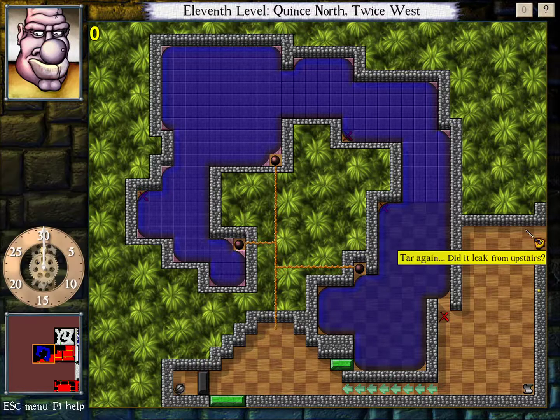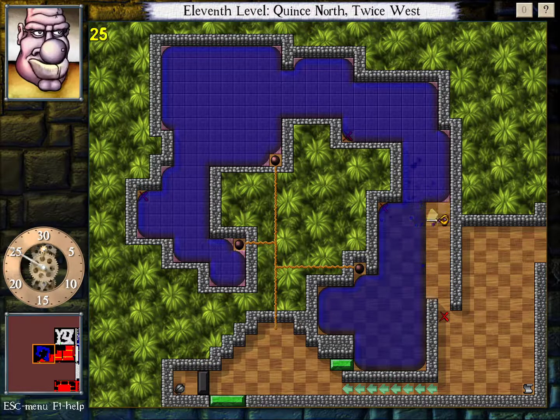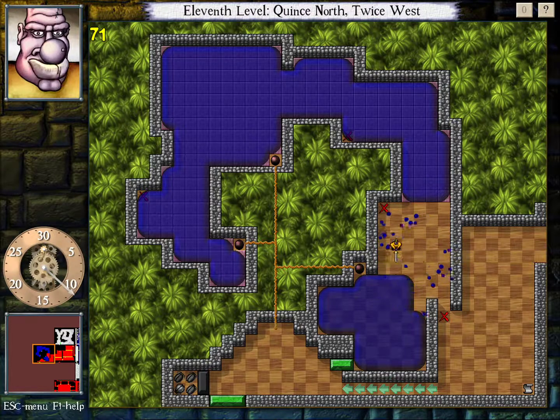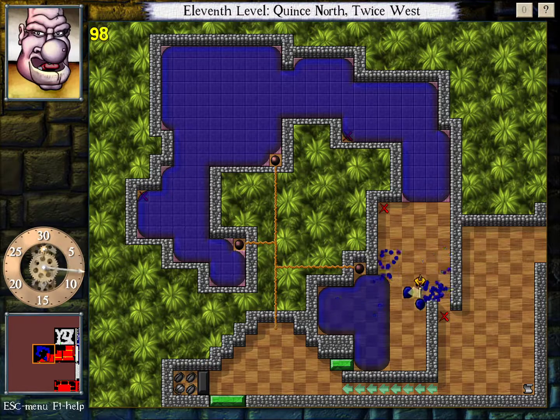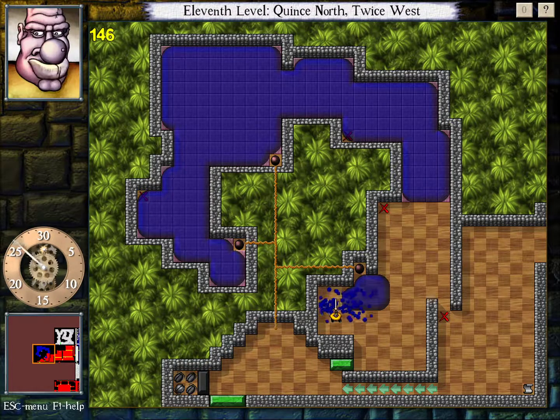Drop all trapdoors before clearing the room. It needs a bit more planning than I gave it in the episode I was tackling this level in. Trapdoors and things were hard enough. More planning, less getting annoyed, and then I can get this challenge, I think. Yeah, so the thing I didn't notice was...